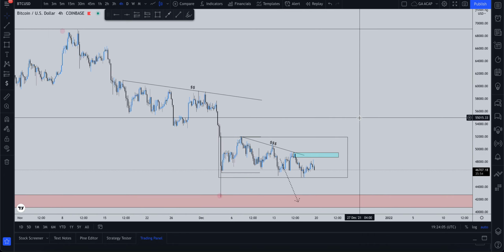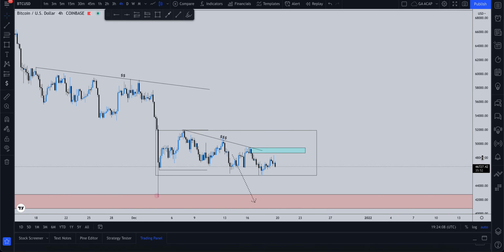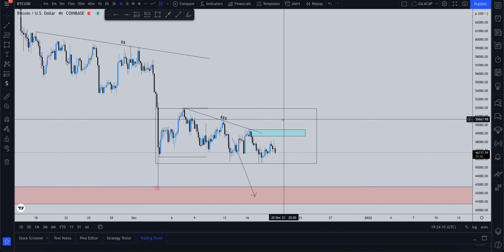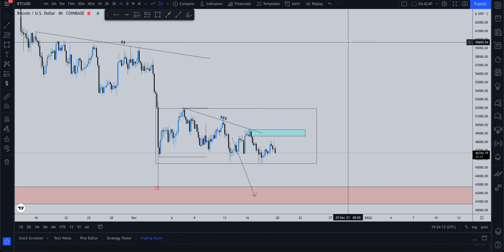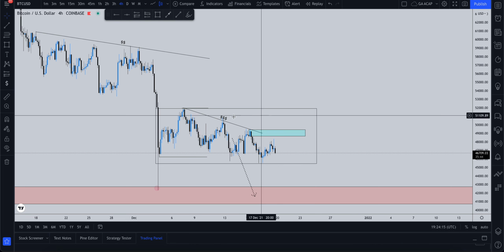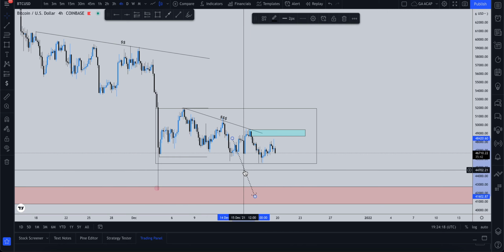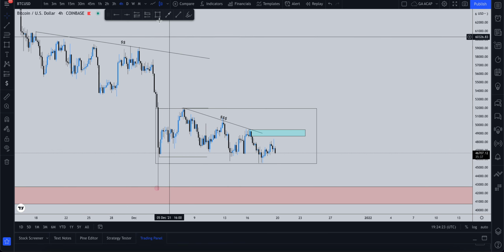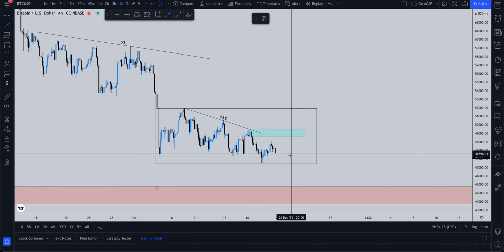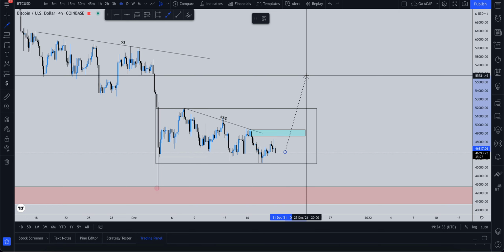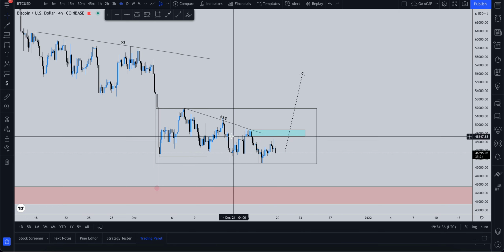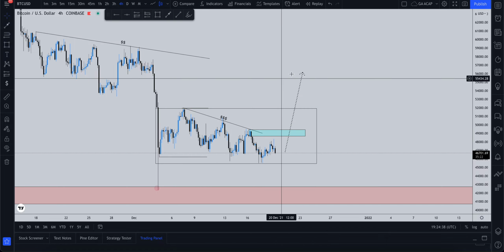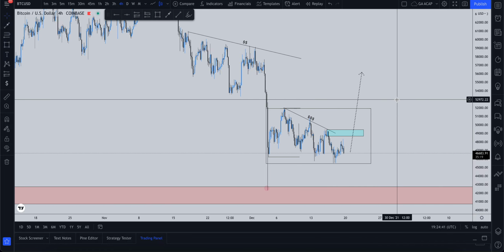So in different time zones and different time frames, it will essentially say something else. I don't use them as I don't find them effective. But in my opinion, if we can get a break in this box within this accumulation phase, let me get an arrow real quick. If it respects the zone, hopefully it does, and we get a break past this, takes this liquidity out, we could essentially be looking at